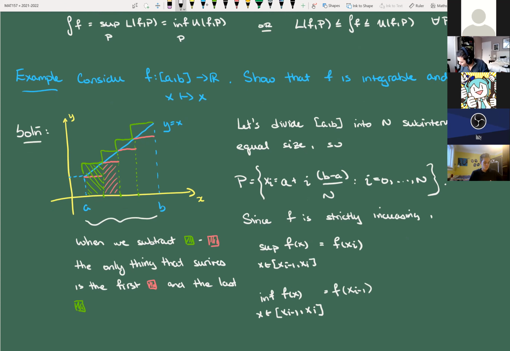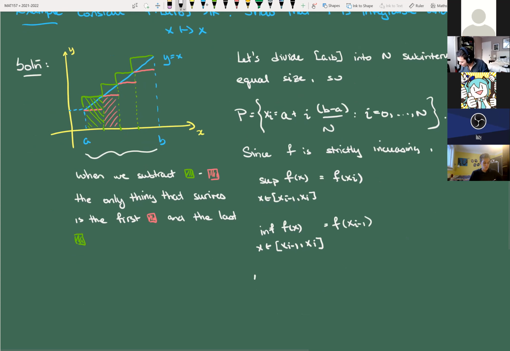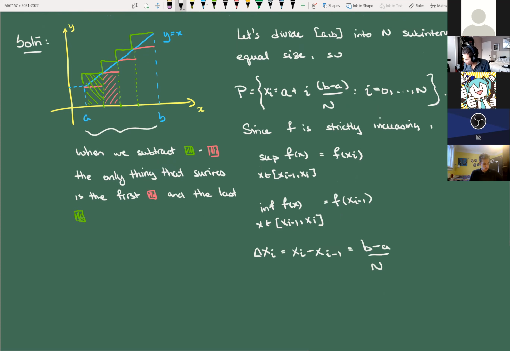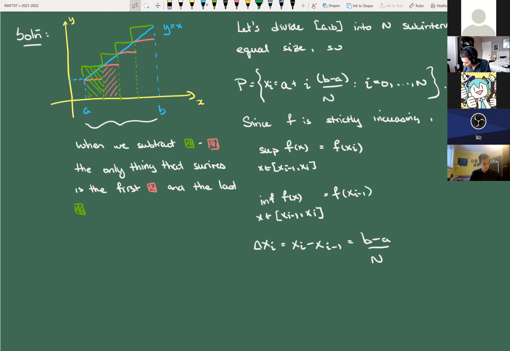Maybe let me just make a little note here that delta x_i, which remember is the length of each partition, these are all just the same. Okay, so you can check this, that's certainly true. Just choose one, subtract from the other, and everything cancels out. The a's cancel, the i cancels with the i minus 1, and that just gives you 1 left over. So the only thing that survives is (b minus a) over n, but we knew that. By construction, this is how this was going to work, right? Okay, so thus,